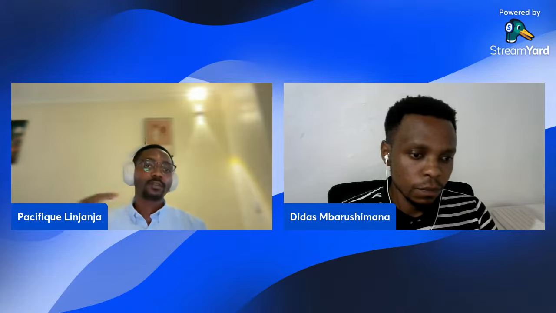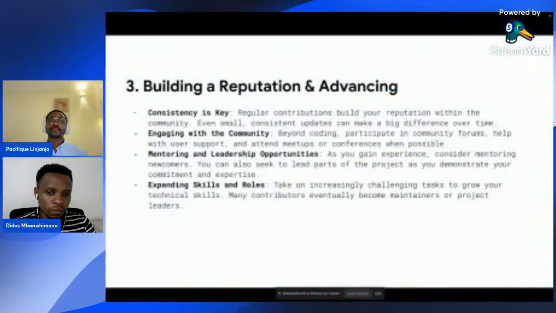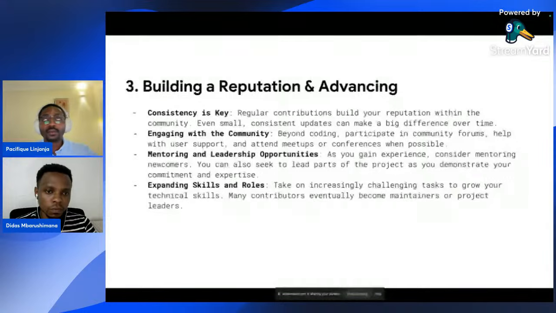And to be that guy, you need to build a reputation. And all those points above will help you be that guy. So if you are consistent enough, you are engaging in the community, you are mentoring people and helping them to get into those projects, you have more chances of being that guy for complex tasks. And you never know when you'll blow up.